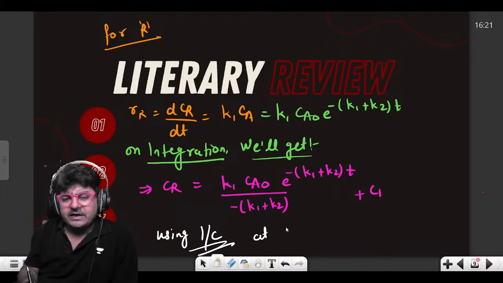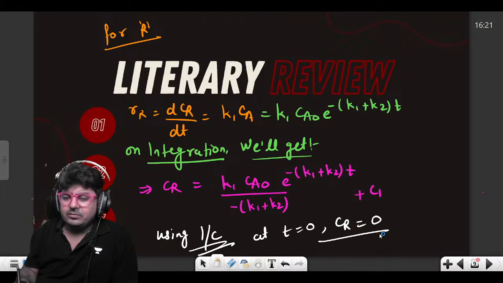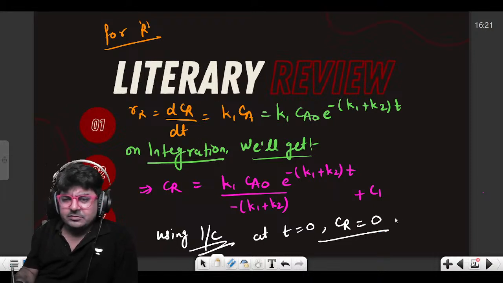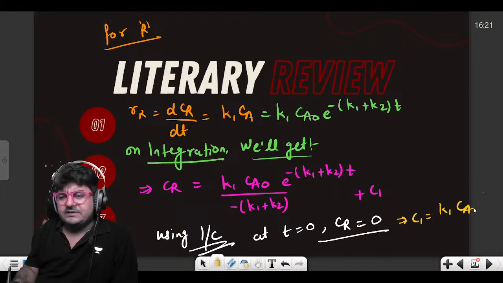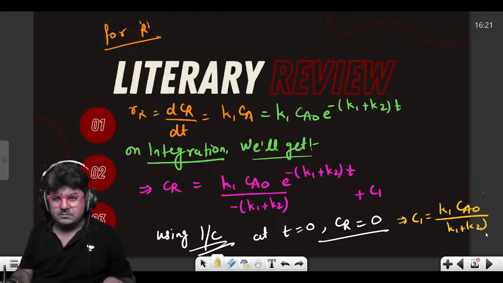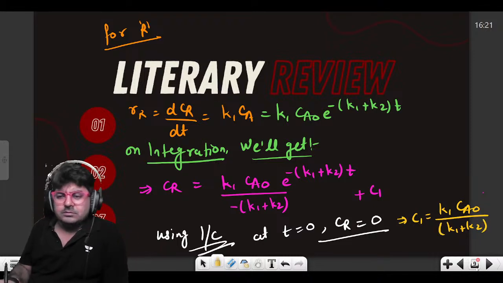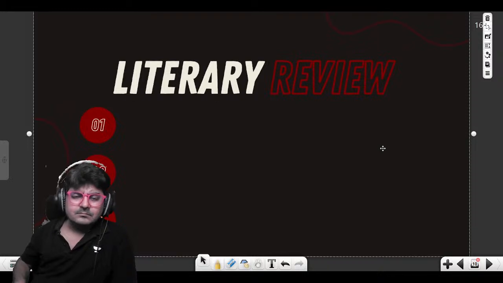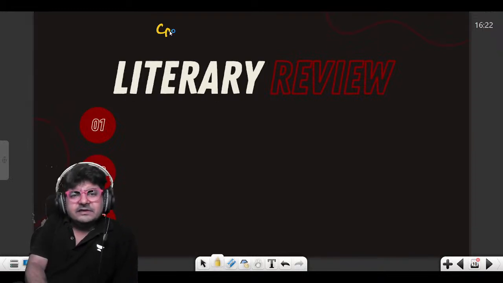Now you can use the initial condition since only one integration constant is there. From initial condition, we know that at reaction time t0, concentration of R, that is the product, let's say 0. You can take CR naught as well if it is given, but by default, let's say CR naught as 0. So you can see C1 will become 0 plus K1 Ca naught divided by K1 plus K2. So you can see CR will become